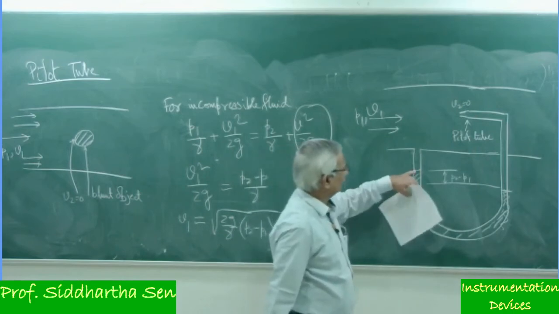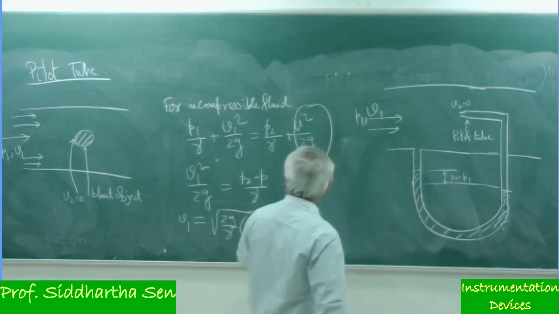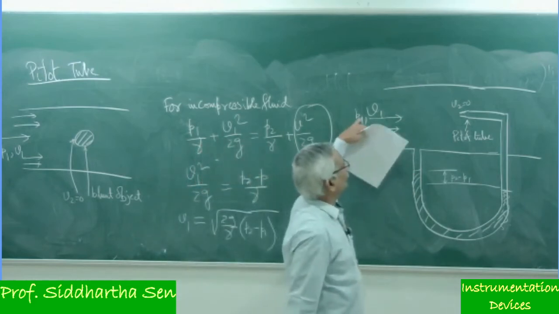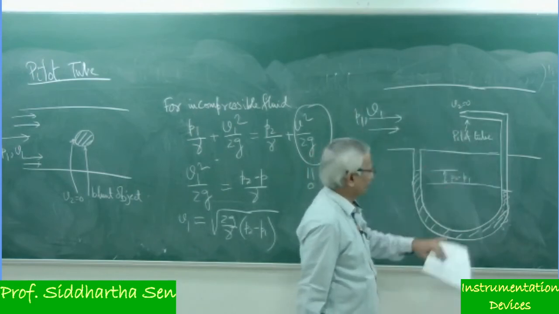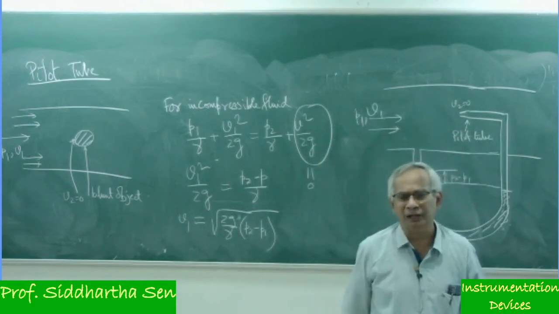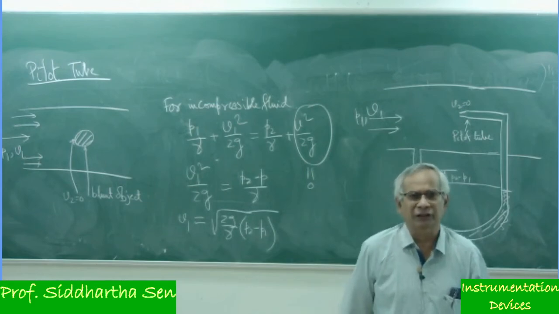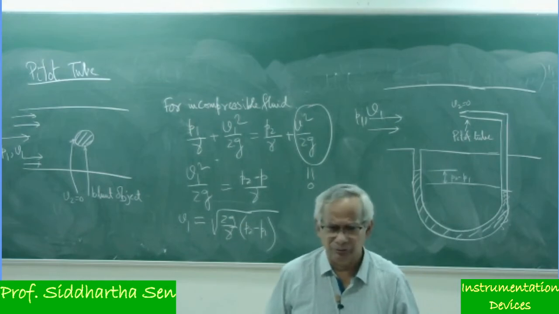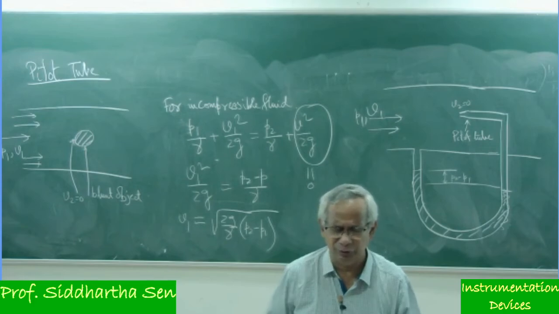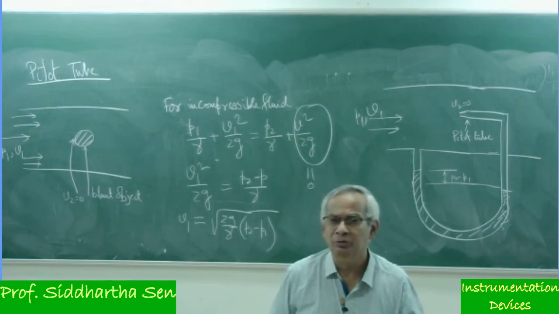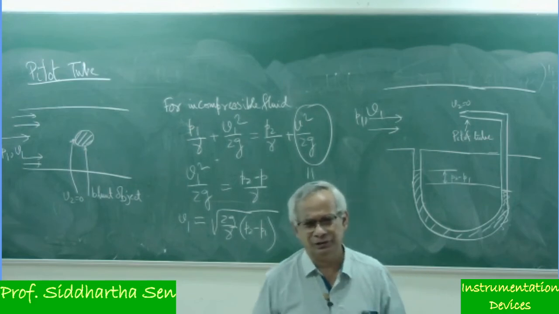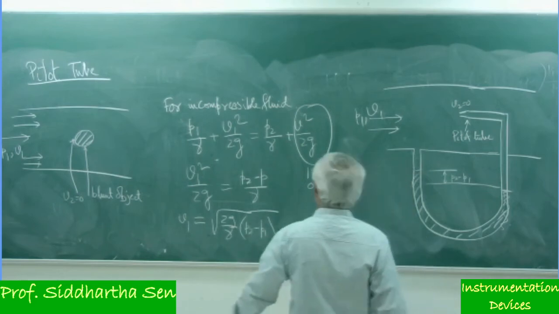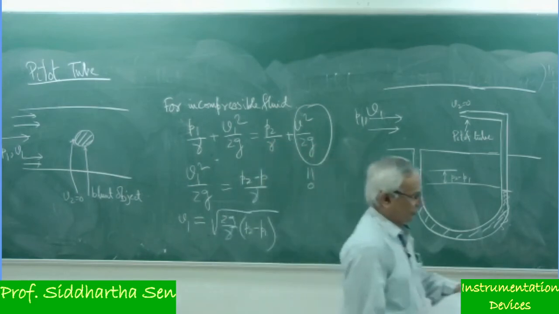So naturally, the difference between P2 and P1 we can relate by this relationship and measure the velocity of the wind, or rather the velocity of the aeroplane. Obviously, we will have to put some correction factor for compressible fluid. So that is basically the basic way of the Pitot tube. It is used for measurement of velocity of many moving vehicles, submarines, aeroplanes and so on. Okay. So corrections are needed for compressible fluid.